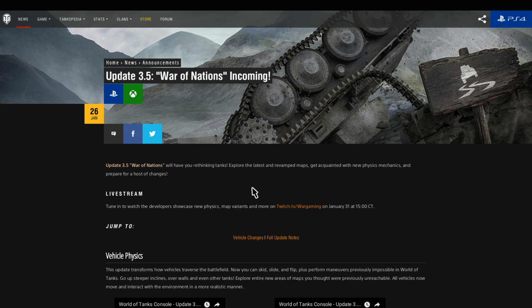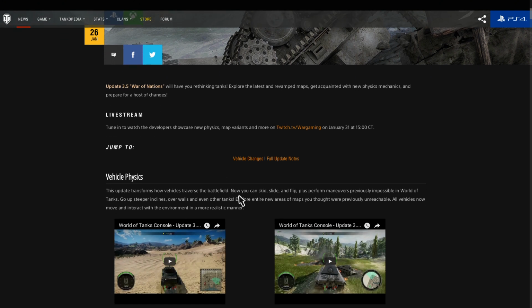This actually went up on the 26th, but I thought I'd cover it because it looks like it's possibly coming on tomorrow, because it says there that they are going through it on January the 31st, so maybe this comes live tomorrow. But yeah, a new update 3.5 to do with the War of Nations, and we're basically getting a physics update. It's kind of the same as the PC. In fact, as far as I'm aware, they are more or less the same as the PC,